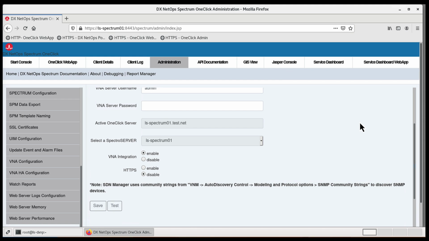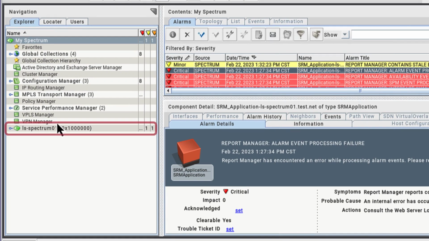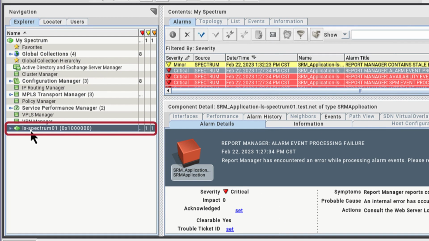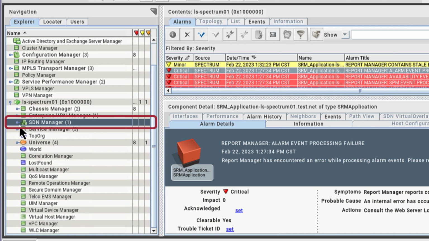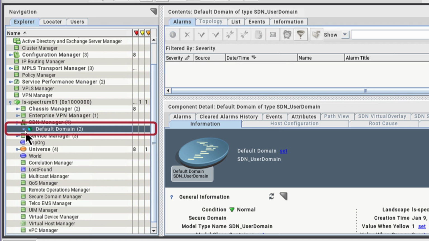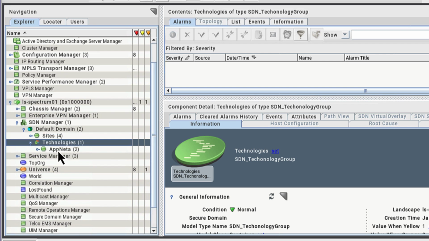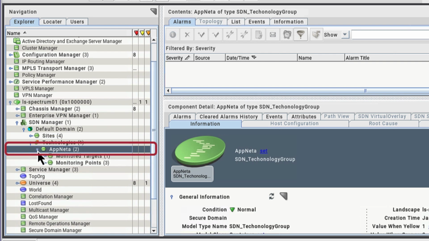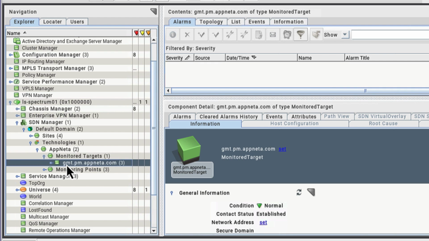Next, we need to log in to the DX NetOps Spectrum OneClick web app. In the Explorer panel, locate the container named after the OneClick server and expand it. Then, locate the SDN manager and expand it. In the SDN manager, OneClick has created default domain technologies, AppNeta. This is where we will find monitored targets and monitoring points pulled from AppNeta, as well as the paths formed